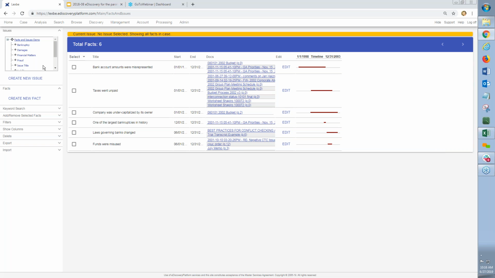So what we're looking at right now is a case that we've started in one of our demonstrations with facts developed and documents assigned to each of those facts. So the issue will be definitely the broader concept. I've seen it built out almost in response to the allegations of a complaint. Here we have a more general